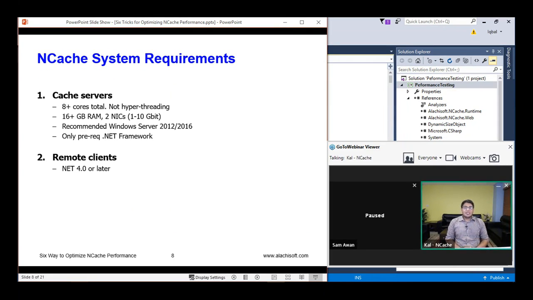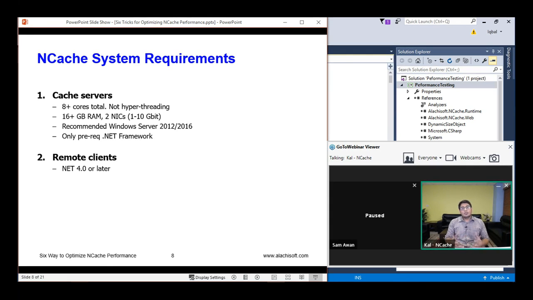Okay, so let's talk about the Encache system requirements. If we talk about cores, the more the better, but generally speaking, we recommend having 8+ cores. The main 3 things that Encache uses are CPU, network resources, and memory. CPU is used to handle the requests that are coming in, or maybe if there is any server-side code that has been configured to do those sort of operations. That's why the CPU is used.